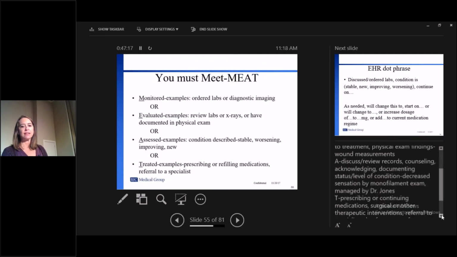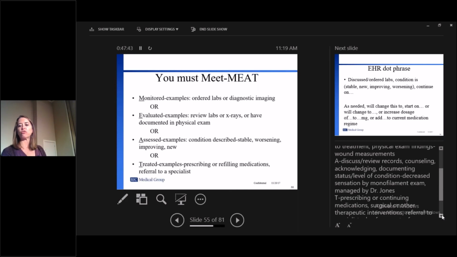The second E is assessed. Examples: discussing and reviewing records, counseling with the patient, acknowledging and documenting the status or level of the condition. Do you have decreased sensation by monofilament exam? Another thing you can do for this is, this condition is managed by Dr. Jones, endocrinology. That counts, okay? And then T is your